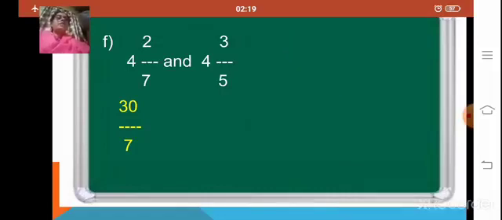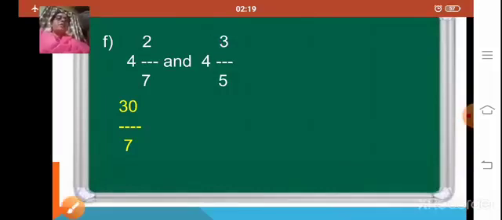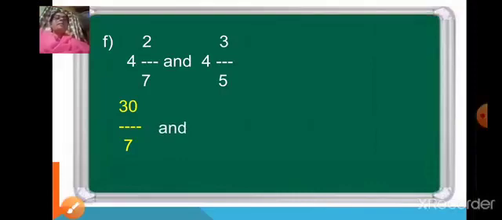Okay, now the same way the second mixed fraction, you will multiply 4 5s are 20. 20 plus 3, okay, is 23 upon 5. So your second improper fraction is 23 upon 5. Now you have got an unlike fraction, where the first step you will do is you will take the LCM of 7 and 5.